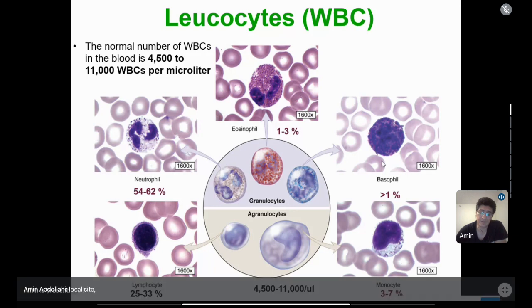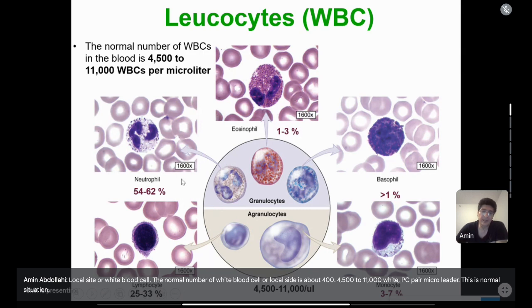Leukocyte, or white blood cell. The normal number of white blood cell or leukocyte is about 4,500 to 11,000 per microliter. This is the normal situation. Here is